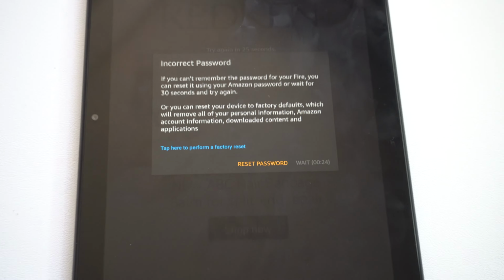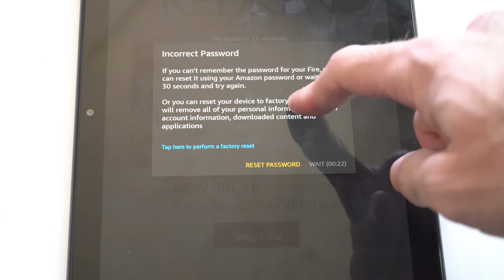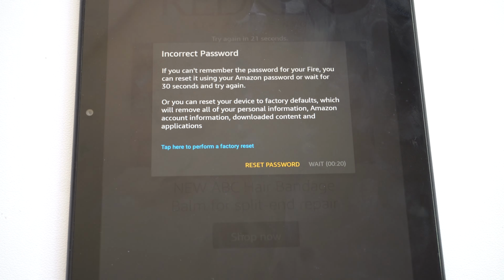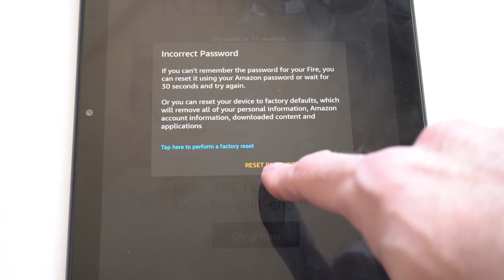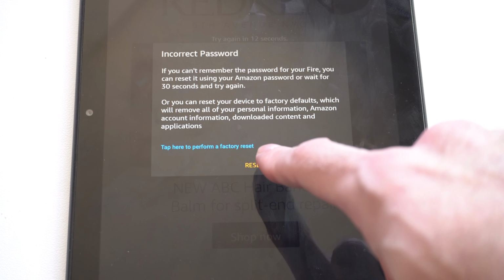So if you zoom in on this, it will give you the option to perform a factory reset there, which will wipe all the data off your device, and you can start it up and it will be like new. Or you can go to this option where it says reset password. So we can just reset the password